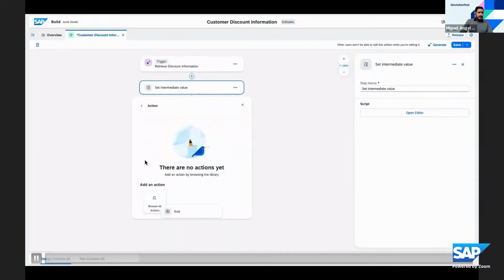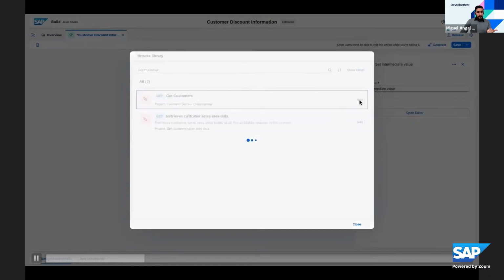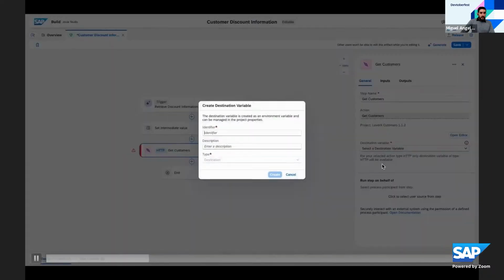Now, let's look for the action that we already have in our library for this particular scenario, which allows us to retrieve the customer information in order to get whether they have had any delays in the past and how long they have been in a relationship as a customer with us. So here we're going to select the destination that we have configured. We're going to create a new destination for this case that will allow us to connect to the BTP cockpit. And this will help us to have this